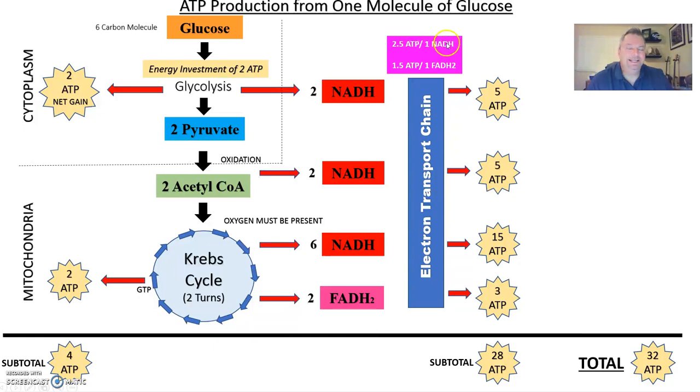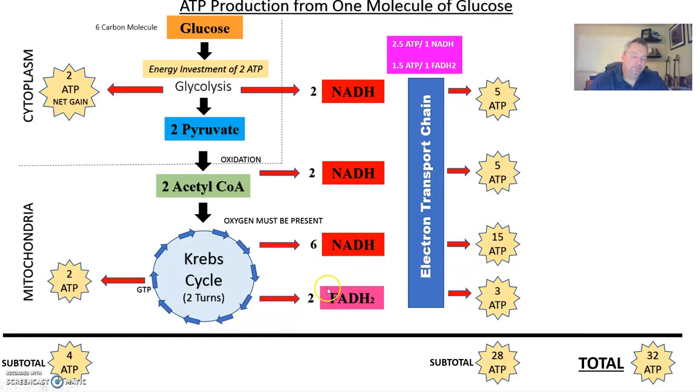For every 1 NADH, it is 2.5 ATPs, and for every 1 FADH2 is 1.5 ATPs. So we have to multiply our calculations here. So 2 NADH multiplied by the 2.5 provide us 5 ATP from glycolysis. From oxidation, the 2 NADH provide us another 5 ATP, and the 6 NADH from the Krebs cycle provide us